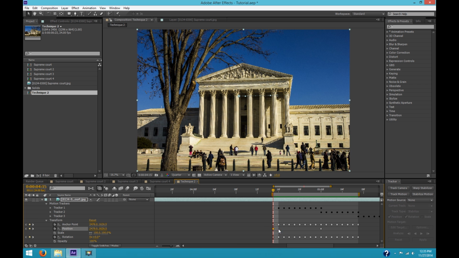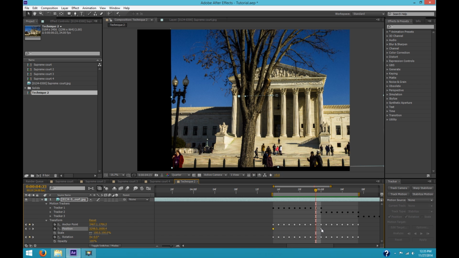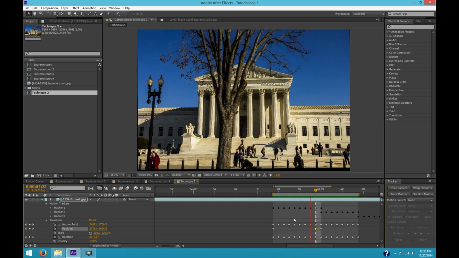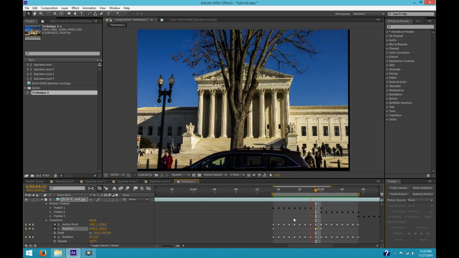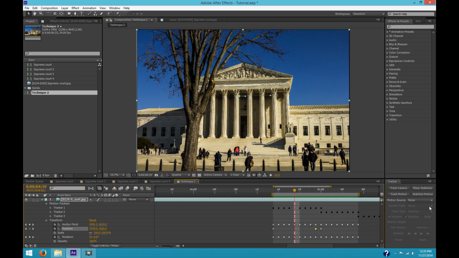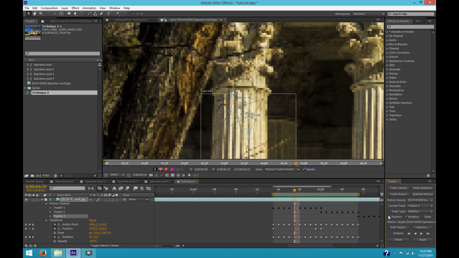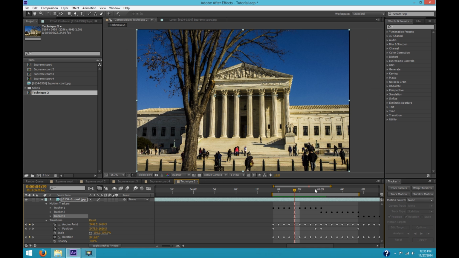So I'm going to select this position keyframe so it's yellow, Control C to copy it, and then bring it to the end just before the next position keyframe, and Control V to paste it there. So now let me do a RAM preview. Now we've gotten rid of that drifting problem. So now I'm going to apply Tracker 3, apply that, X and Y, okay.